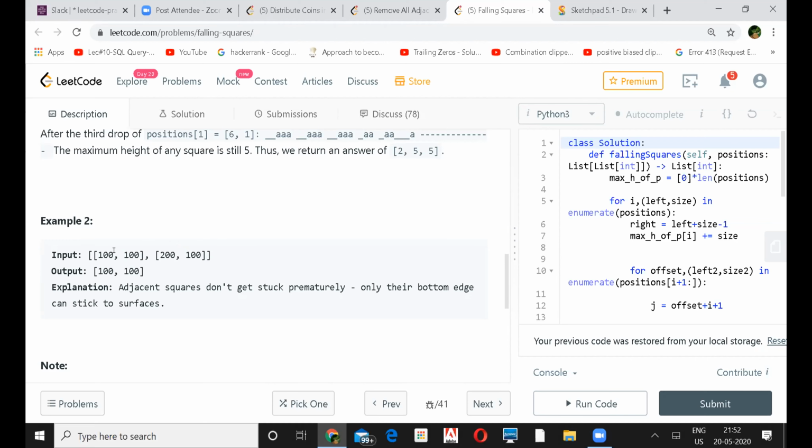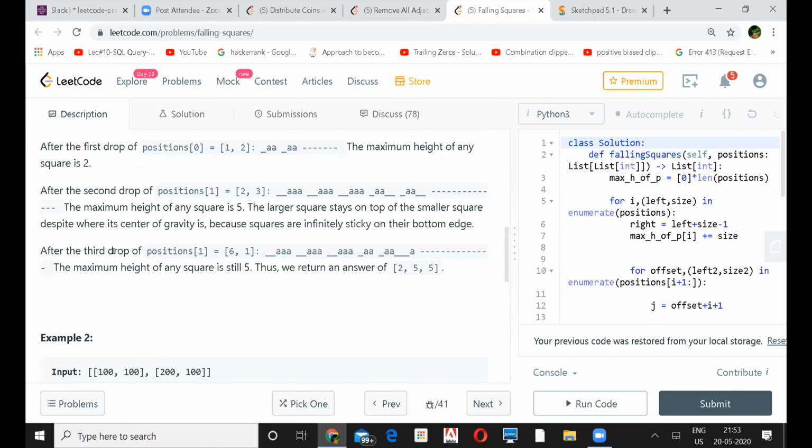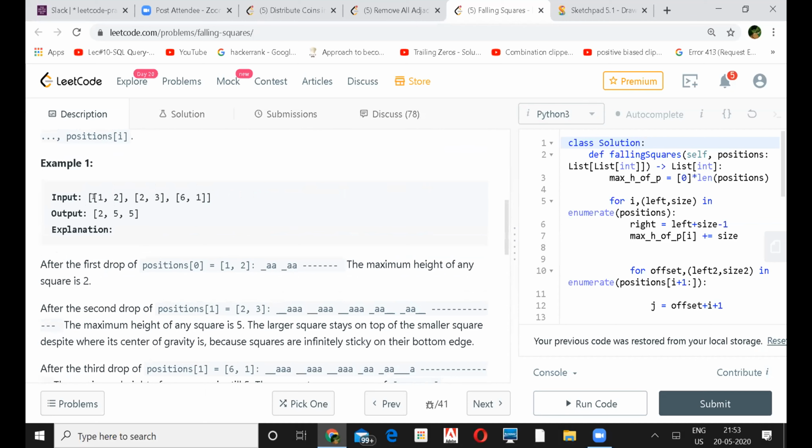The trick is that your end point is actually the start point plus the second value. Exactly.